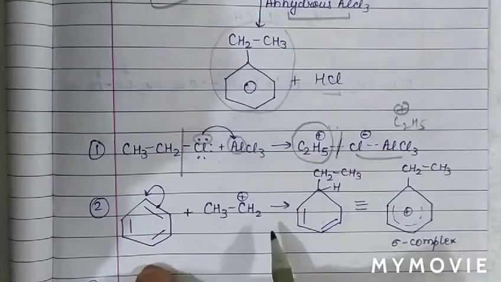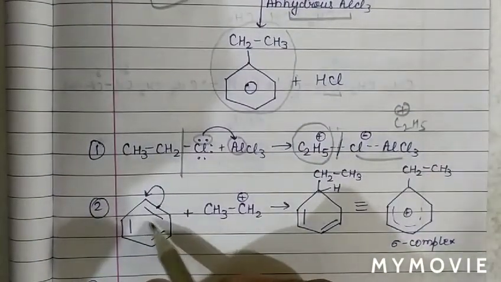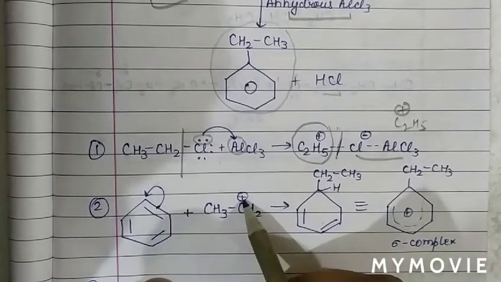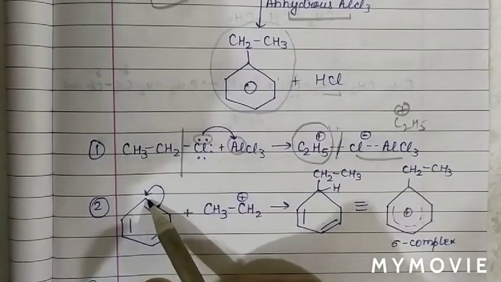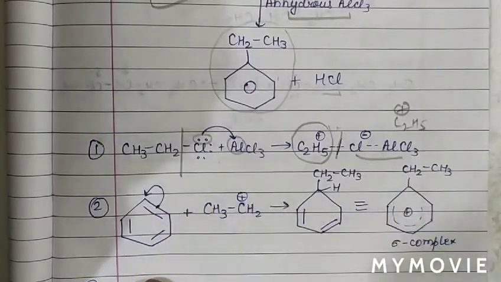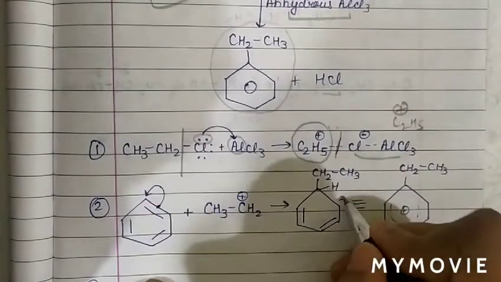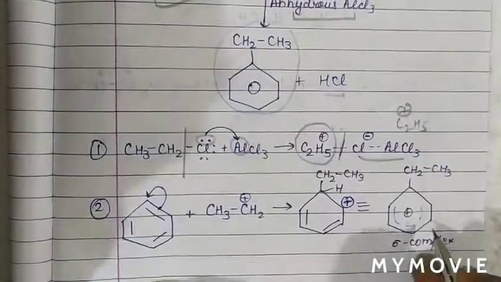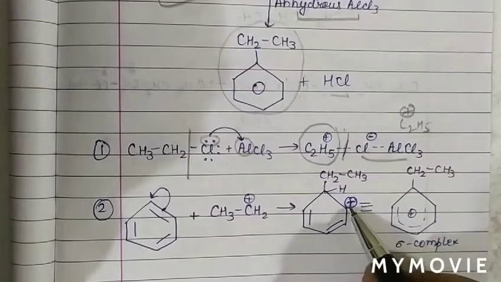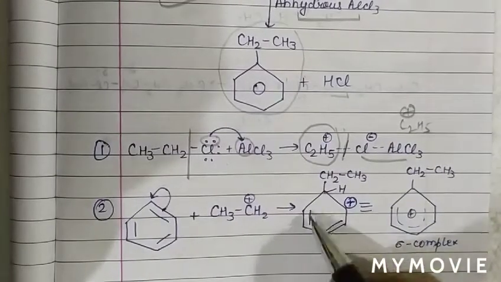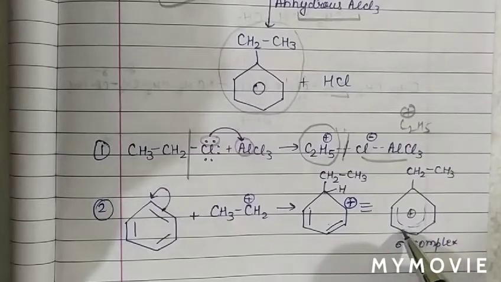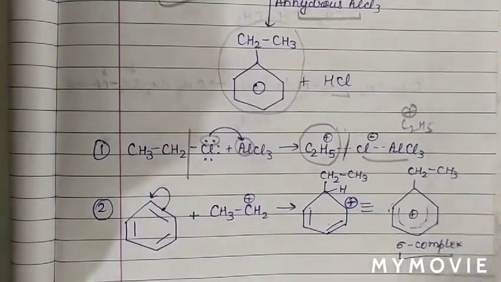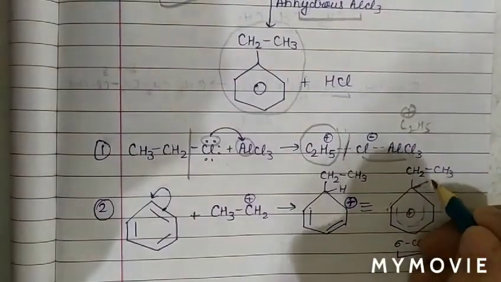Now again the pi bond between these two carbon atoms will break and the electron pair shifts onto this carbon atom. So this positively charged electrophile will attack here. There is a positive charge generated on this carbon atom when the pi bond breaks and the electrophile attacks. And after resonance, this positive charge will delocalize at this carbon and this carbon. So there is delocalization of positive charge in the ring. The complex we call sigma complex. Now in the final step, there is removal of this carbon-hydrogen bond.